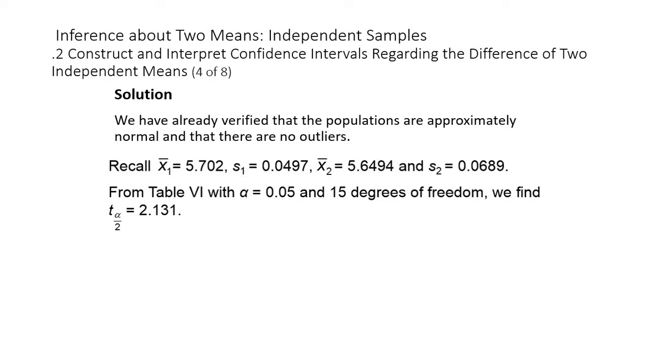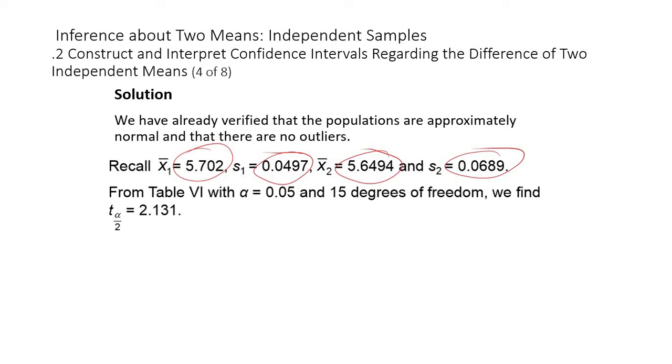Recall that we computed x1 bar, which is 5.702, and the sample standard deviation from the state quarters, 0.0497, and x2 bar for the traditional quarters, and the standard deviation for the traditional quarters. So we have the standard deviation for each of these samples, and we have the mean of each of these samples. And then we computed the t sub alpha divided by 2,